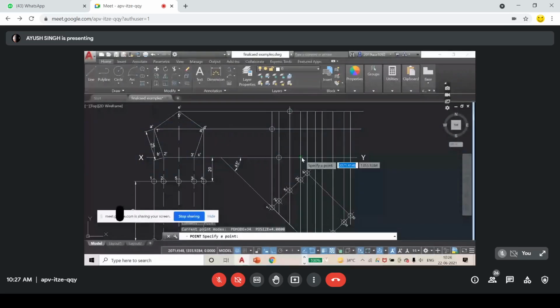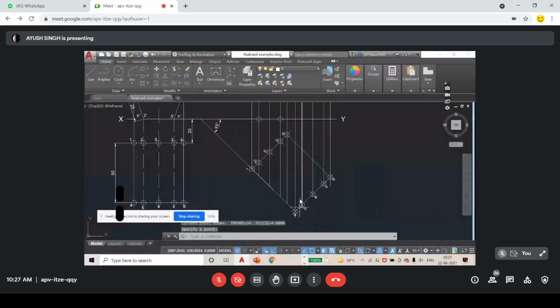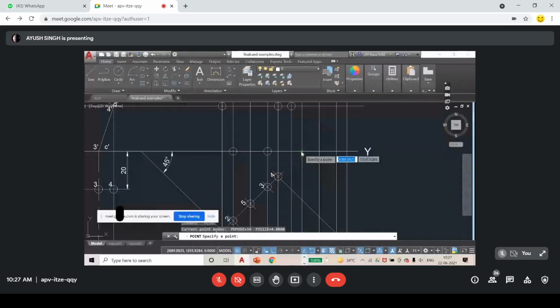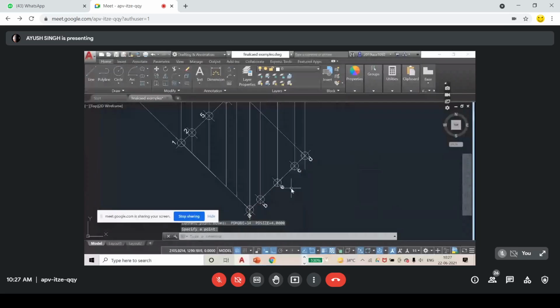Okay. Now corresponding to A, we have A dash here. Corresponding to B, we have B dash here. Corresponding to E, we have E dash above. E, corresponding to E, we have E dash here.